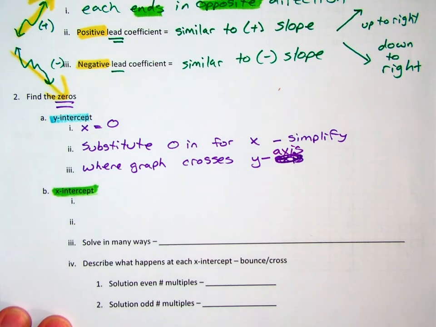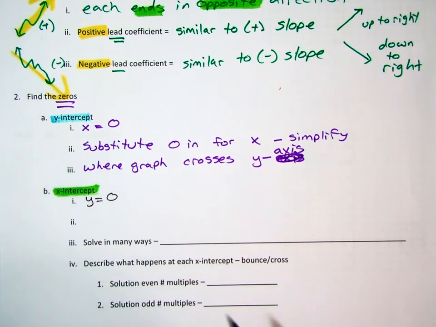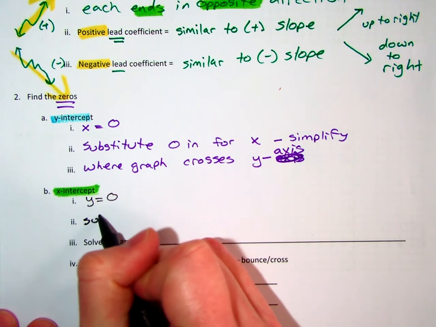Sorry, that'll tell you where the graph crosses the y-axis. On the other hand, when you're looking for the x-intercept, again, you put 0 in for the opposite thing. So in this one, y would be 0. Then you would substitute